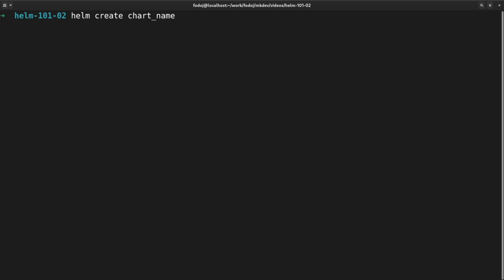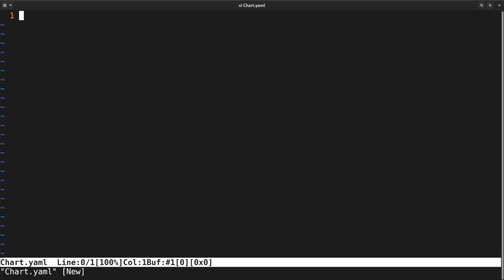Another way to create a new Helm chart is to do it manually. Let's create a new directory called mkdev pgadmin. This directory will contain our Helm chart that deploys pgadmin for PostgreSQL database management. Each chart requires a Chart.yaml file that sets some metadata. I need to set API version to v2, the latest version of Helm API. The name would be mkdev pgadmin and description is just a Helm chart for pgadmin.